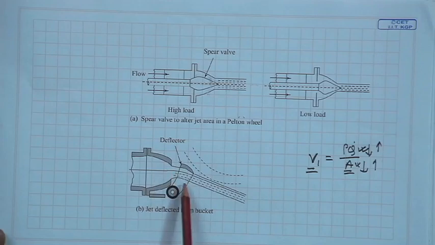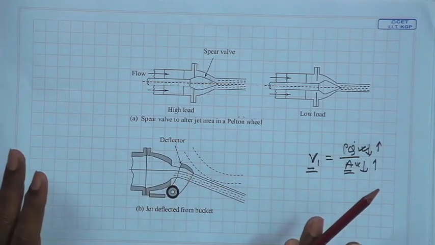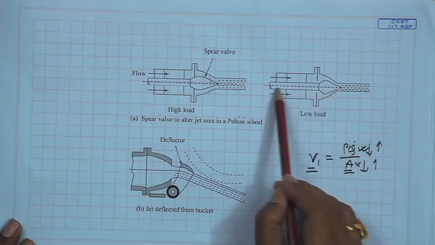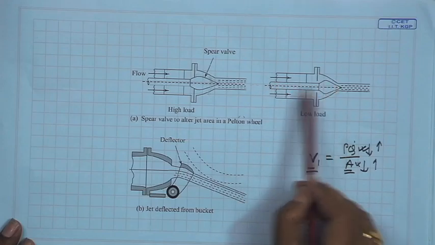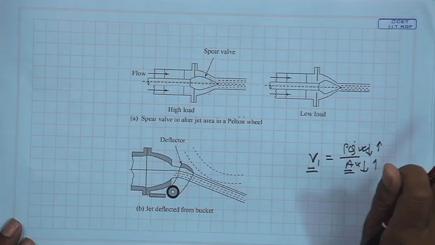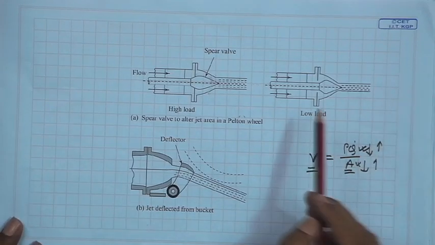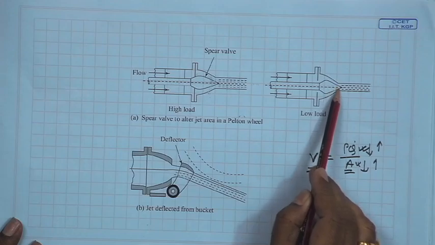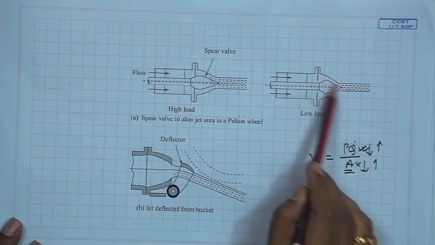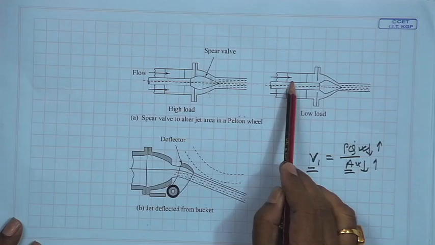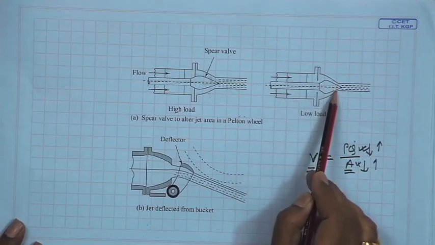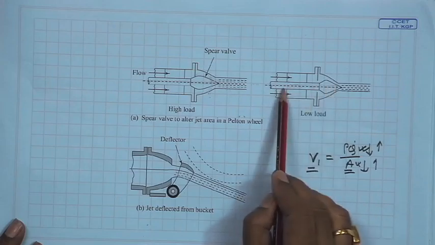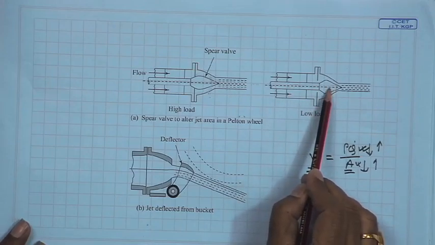Now, in certain situations, if there is a sudden decrease in the load, then what will happen? You have to suddenly choke the flow like this. That means you have to keep the spear like this. Choke means stop the flow. Don't confuse it with the choking of compressible flow. So, the spear has to move suddenly to this part, the downstream of the nozzle. That may create a problem of water hammer. That means a pressure wave may be generated which may go to the upstream and cause the problem of water hammer. So, to reduce that problem, what is done?